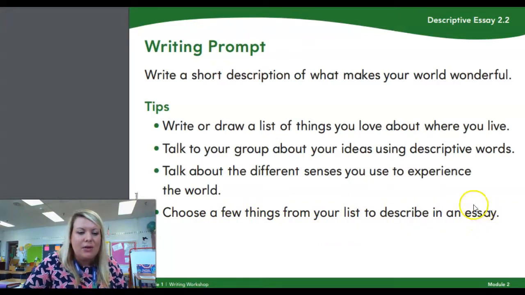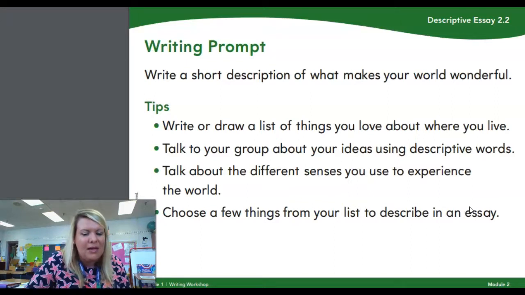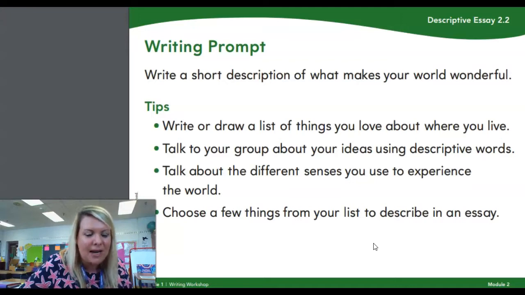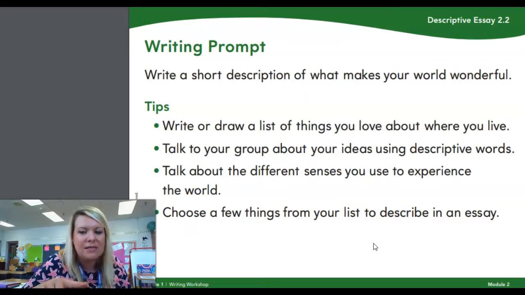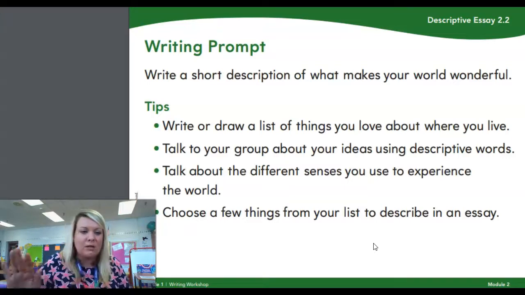So you are going to make a list. We're going to make a brainstorming list like we did for our last story that we wrote. This one's going to look just a little bit different. So we are going to have some brainstorming time. So what you need is either just a piece of paper to write on, or if you want to go and copy the page that I have on our canvas, it just says My Wonderful World. We're going to be using that today. So get those things and let's do some brainstorming.